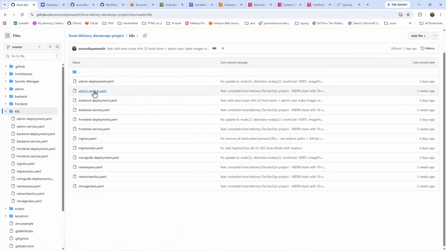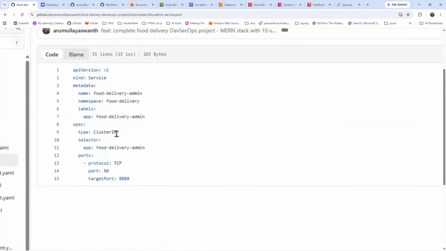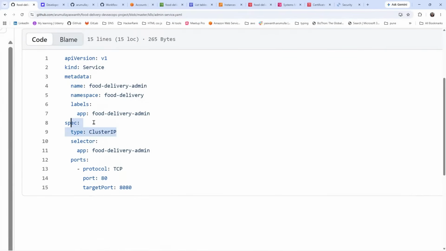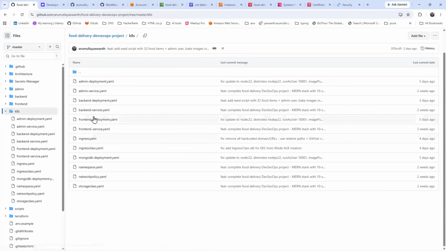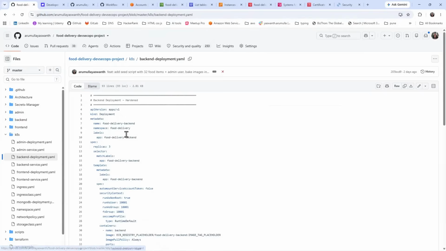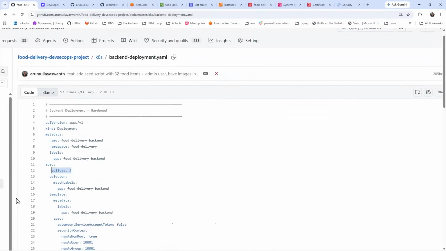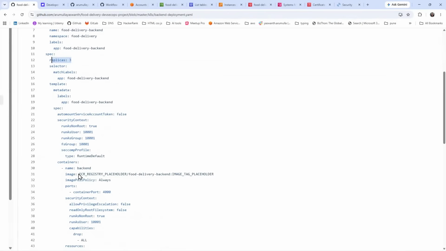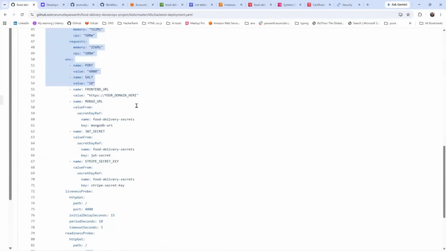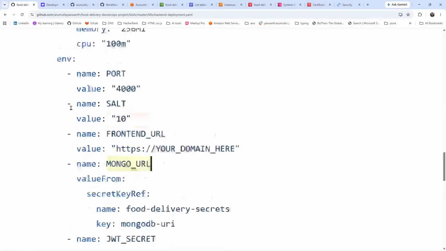Coming to the service, I'm using the ClusterIP. Okay, and same for the backend also. The backend is running as three replicas. Okay, and same here also, the image will be updated. Here, coming to the backend,